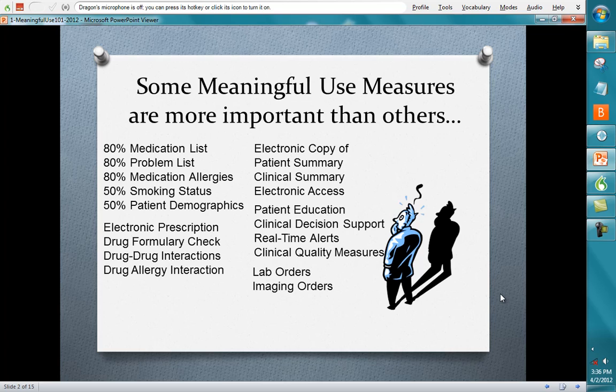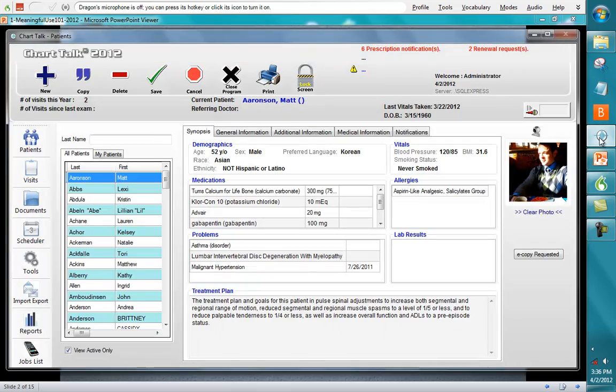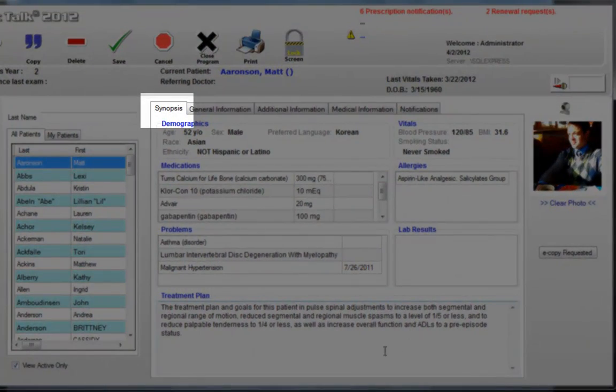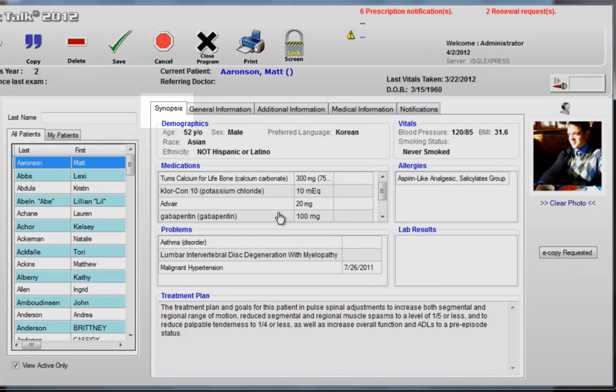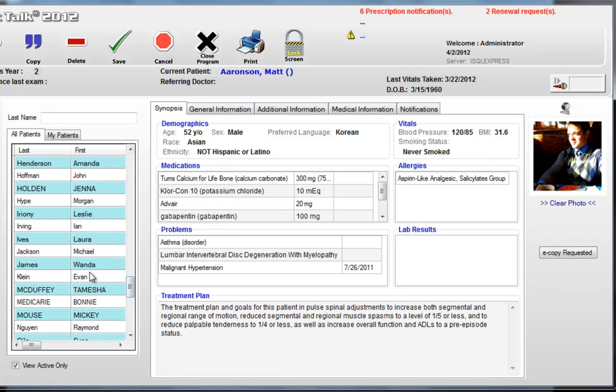So some of the meaningful use measures that are more important than others are the medication lists, problem list, medication allergies, smoking status, and patient demographics. All of these are required for 50% or greater in your EHR. With Chart Talk, we've taken all that information and put it right on the front screen called the patient synopsis screen. So you'll see here, your initial screen has an overview of the patient with their demographics, latest vital signs, medications, problem list. If we were going to go to a patient that didn't have all this information,